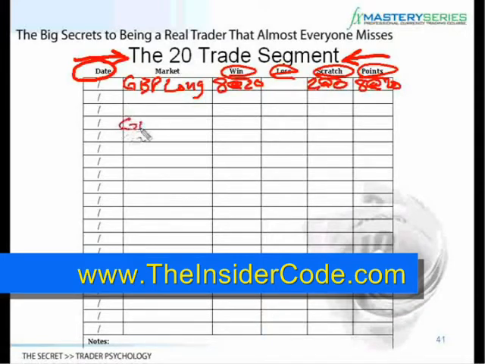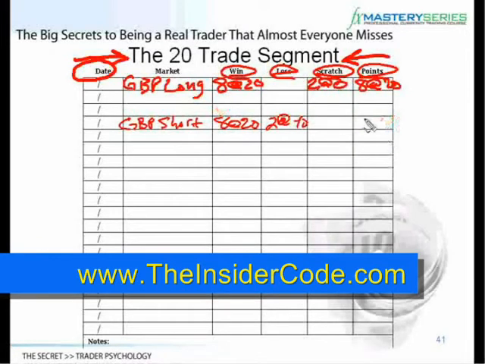Let's say we have this next time GBP short, and if we have 8 that we got out at 20, and then say we have 2 that we got out at minus 10. Okay, you can see here what I'm doing is recording how many I traded. Remember we talked about taking off a position in chunks where we take off 8 and then we take off 2. Here I can see I have 8 at 20 pips, so I know I've got $160 there. And then I've got a loss of 2 at 10 is 20, so that's a total of 8 at 140,